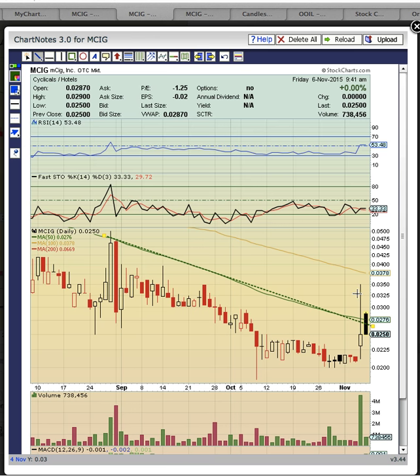So that was the first time it was broken intraday since it was broken intraday back here in August on the big run. And then today MCIG opened above the 50-day moving average, which is currently at 0.0276, and it is now trading below that level. So going forward, candles forming above the 50-day moving average at 0.0276 equals more upside potential, and that would put